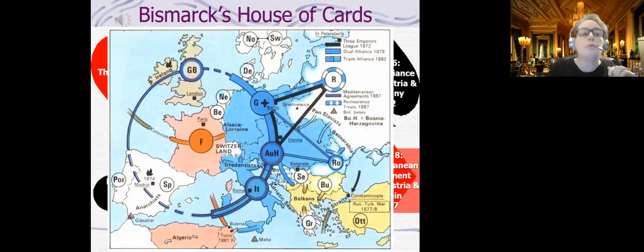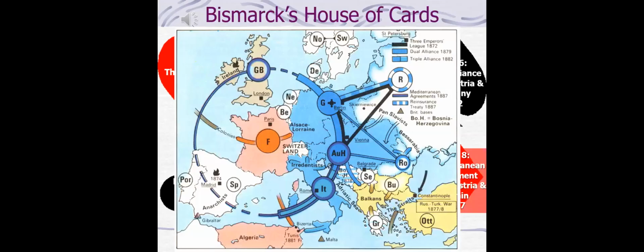Okay, let me put my picture away for a moment. And then what you see here is he's got his alliance ring that sort of surrounds France. And France has access to its colonies, but France doesn't have the solid kind of alliance system that Germany does. He's got this Three Emperors League. He's got his other pieces here that are going to make things so that he can rest easy about France and not having to go fight a two-front war.